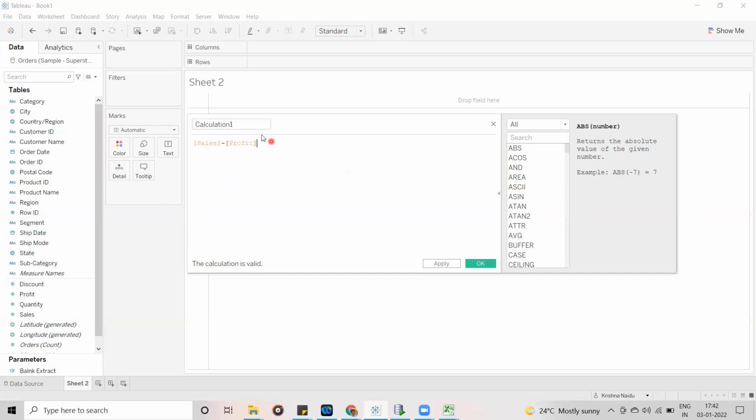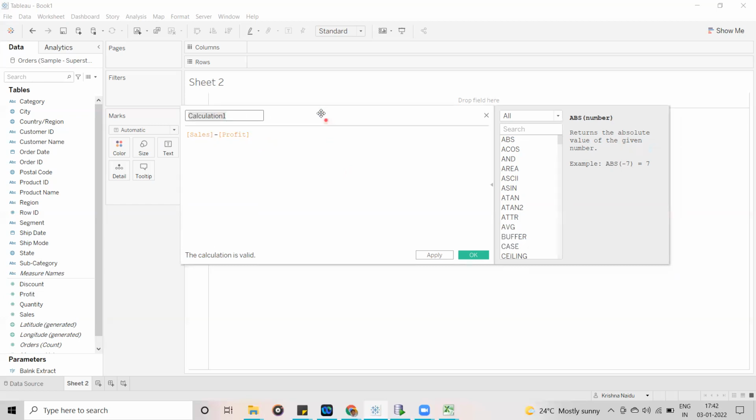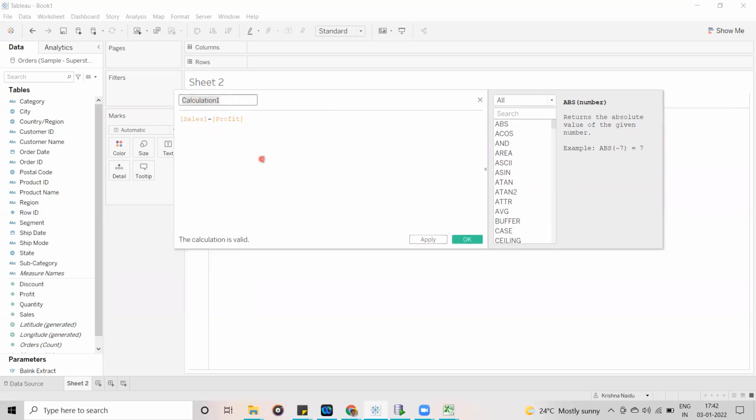Here it is showing calculation one. Whatever name you want to display to the end user, you give as the name for this field. Now I am going to give the name row level calculation.